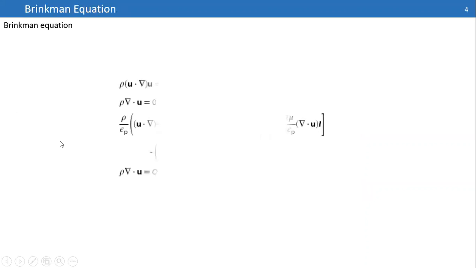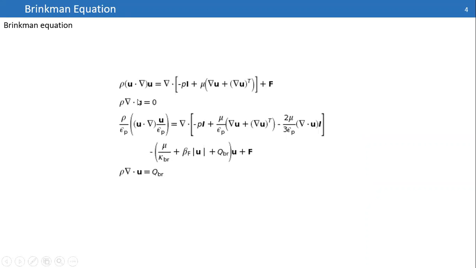We go through the Brinkman equation. The Brinkman equation can be used for calculation of the velocity in porous-media domains. It's more general than the Darcy equation. The Darcy equation can be used for calculation of velocity when your porosity is very small, maybe less than 10%. But the Brinkman equation can be used, for example, for fixed bed reactors where the